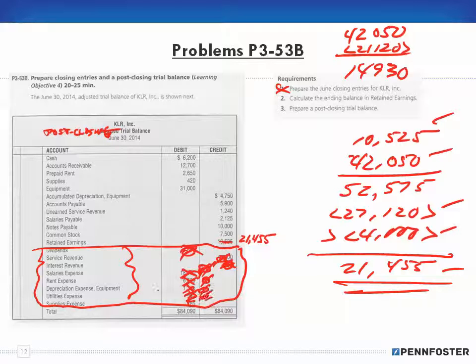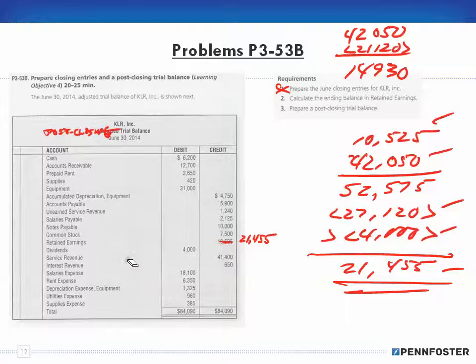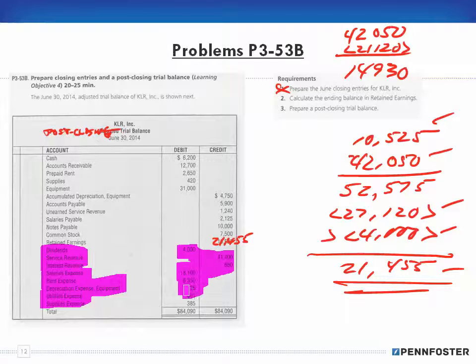But since it's a post-closing trial balance, it's generally accepted that we don't have to list all of the accounts when their balances are zero. So in essence, we don't have to write in this information. The last account on our post-closing trial balance would be the retained earnings,